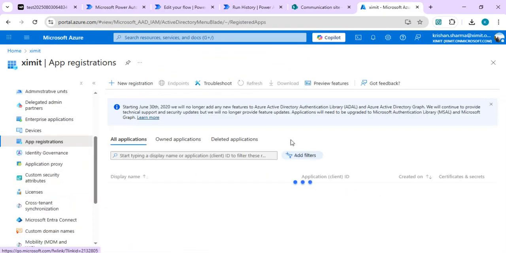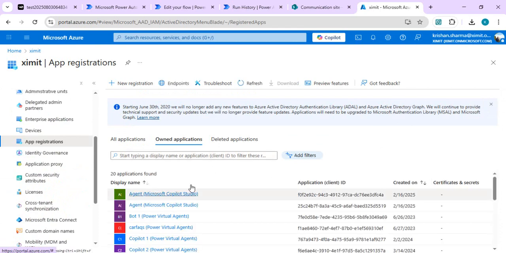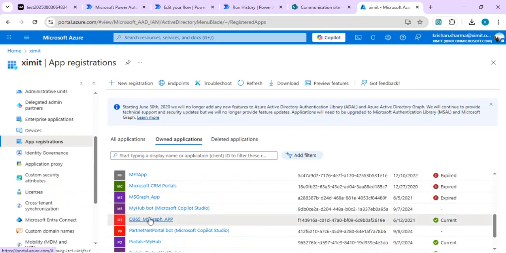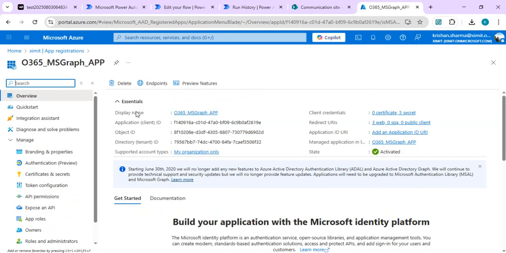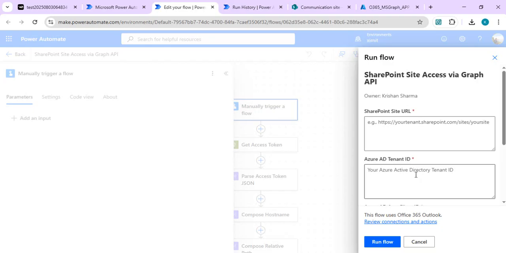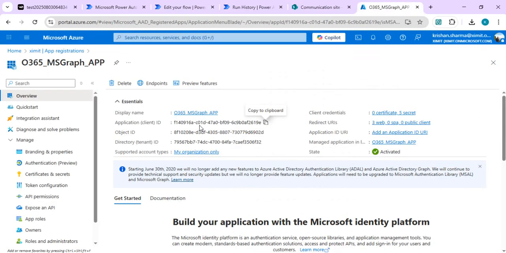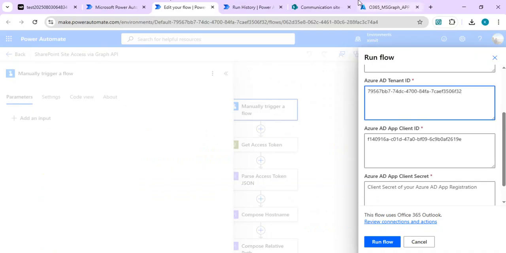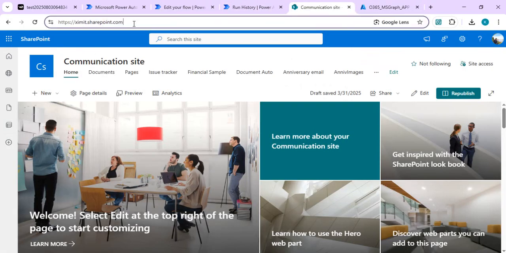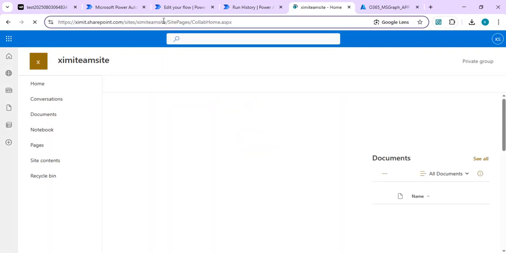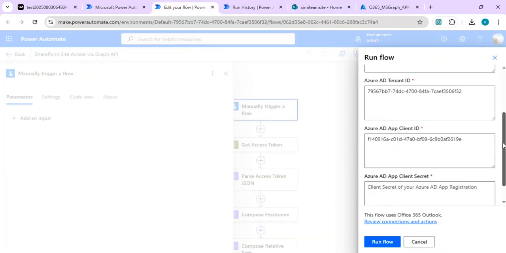So I can go and find any application which is being used to access my MS Graph, and there should be one, and over here I will use this app to make the connection. So application ID is this, so I will again open my tenant ID, not the application ID. I will paste it again. I'll go back, so I have this tenant ID, which is again one of the variables, so I'll pass it as tenant ID, and I will use, let's say, any other site. This one is a team site, so I'll pass my team site URL as part of the first input,